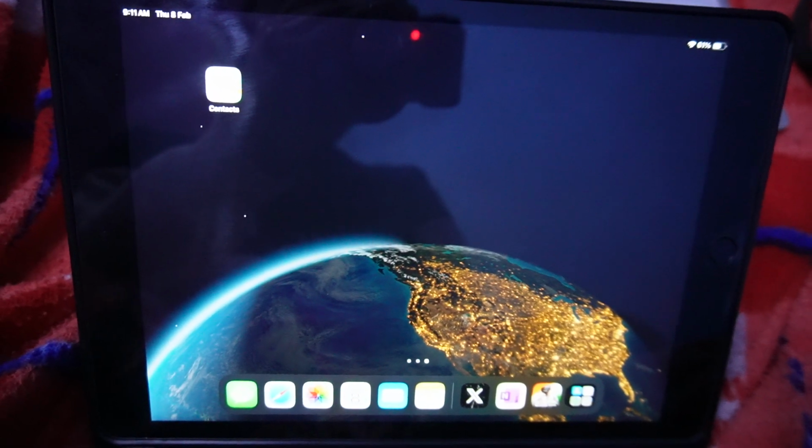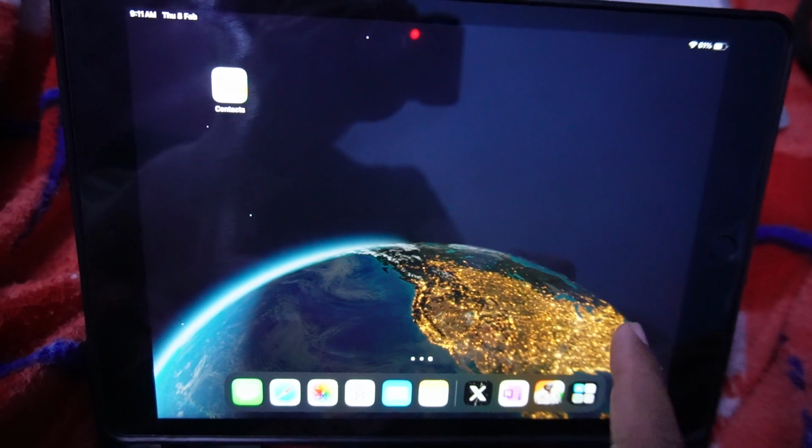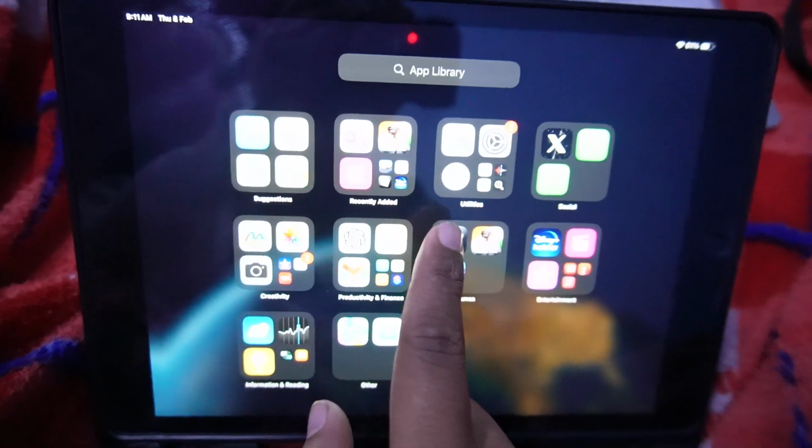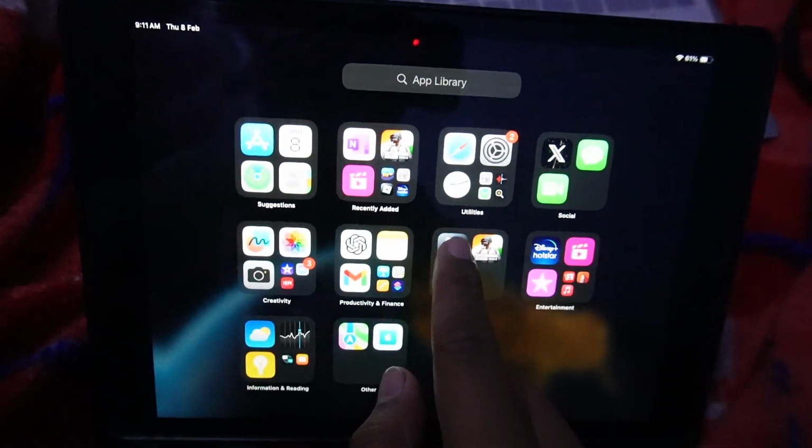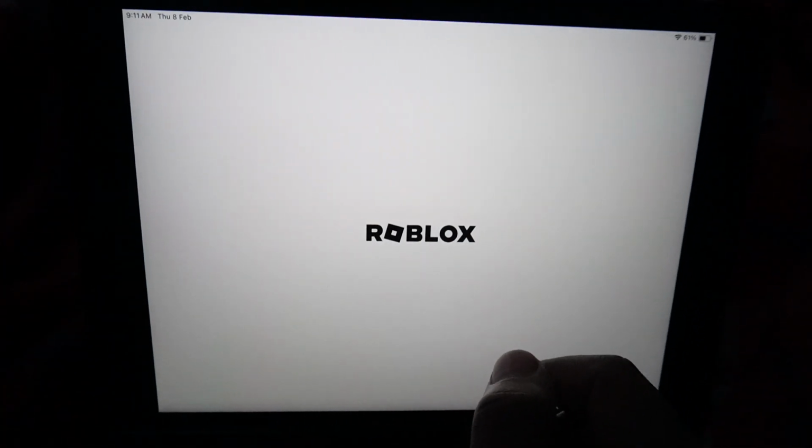Hey everyone, in this video I'll be showing you how to turn on mic on Roblox. First of all, you have to go to Roblox app, open a Roblox app on your device